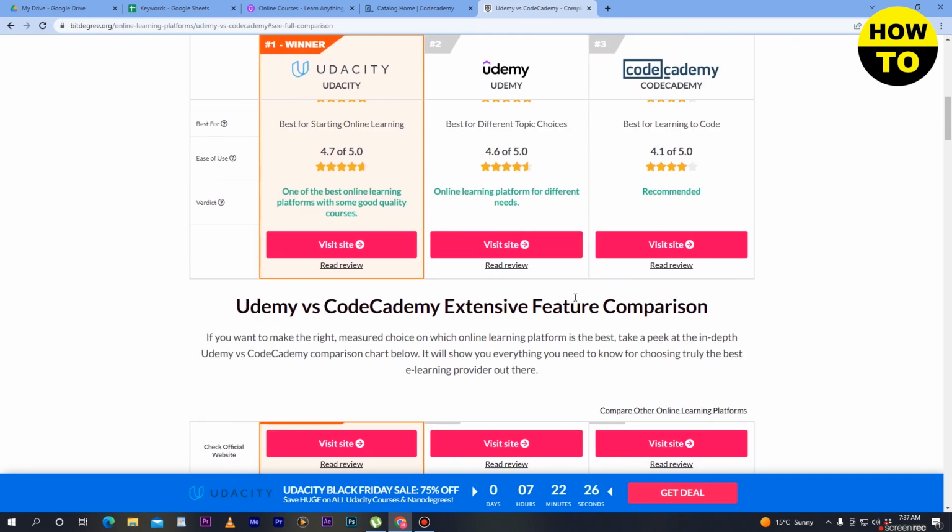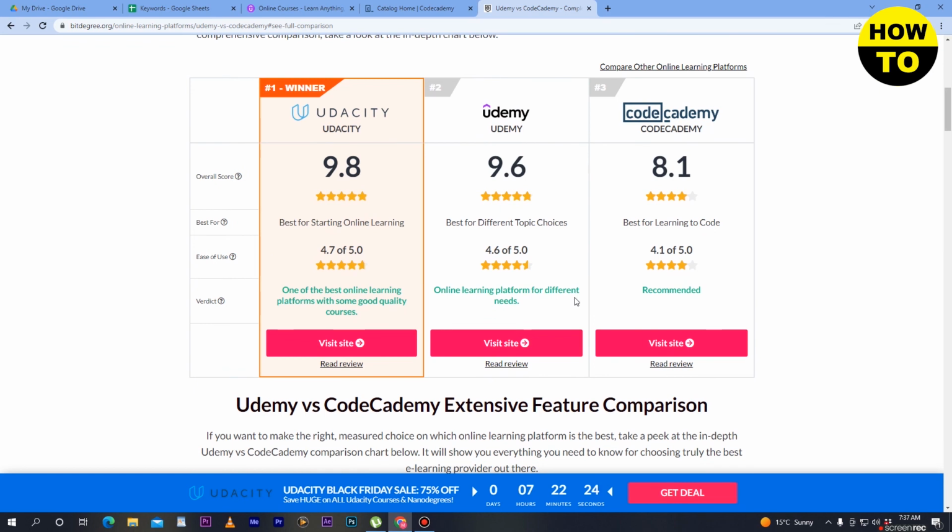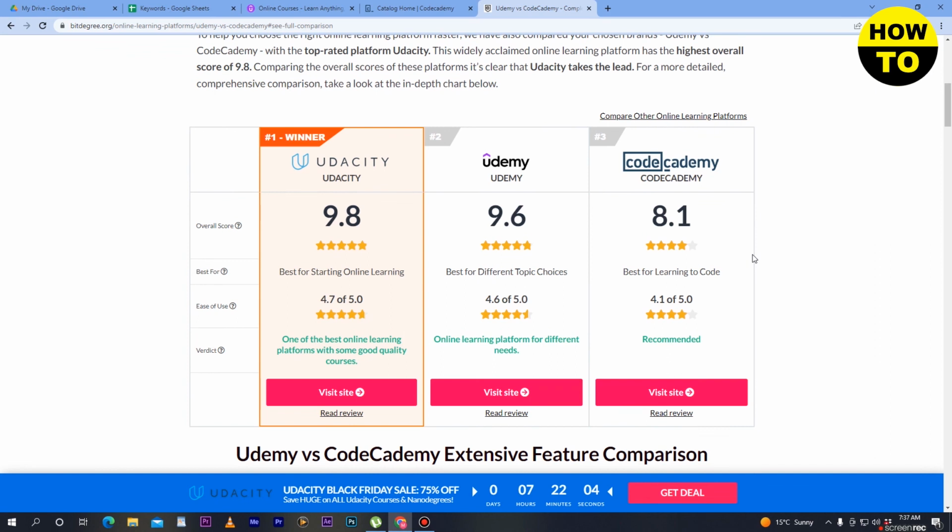As you know, you can see the comparison of which website you should join to complete the course, Udemy or Codecademy, it depends upon you. We have explained all the features of Udemy and Codecademy and also made a good comparison between both websites. In this way you can select the good website between these two.